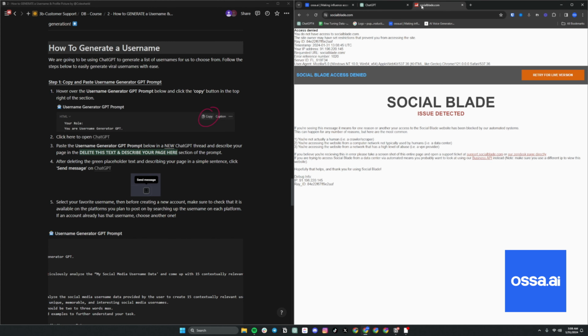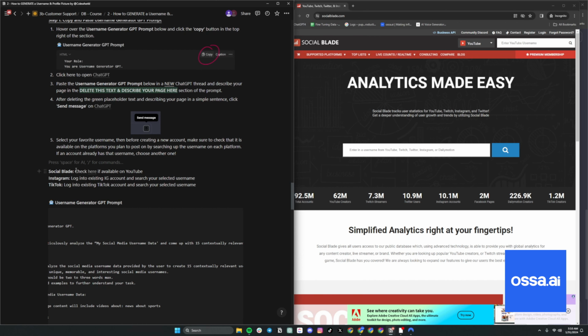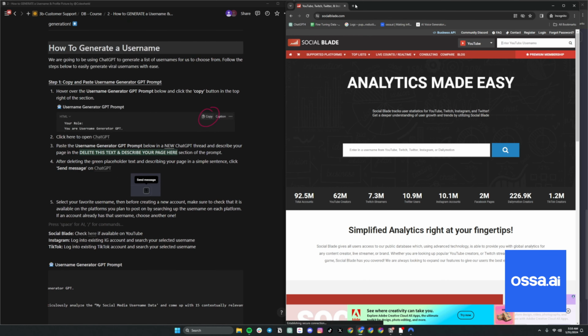And then we need to do one thing. We need to check that the username is available. So how do we do that? Very simple. We're going to go to Social Blade. So you can click here, and then we're going to go here. And like I said, what username are we using? We are using Moment Matters Media. So we're going to copy that and we're going to check here. Check that out. We are sorry, but the user is not found. Okay, so we're good for YouTube.